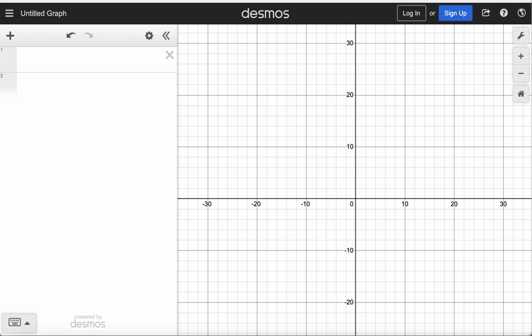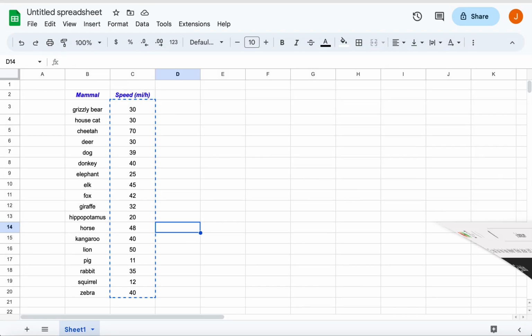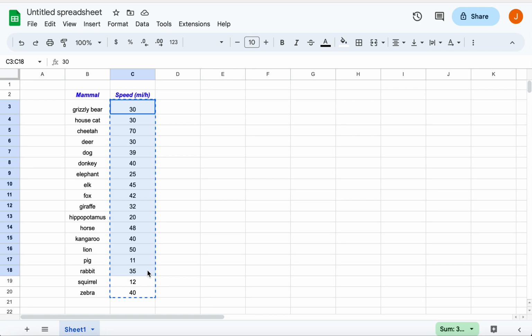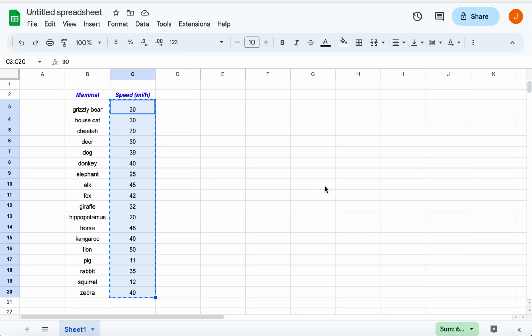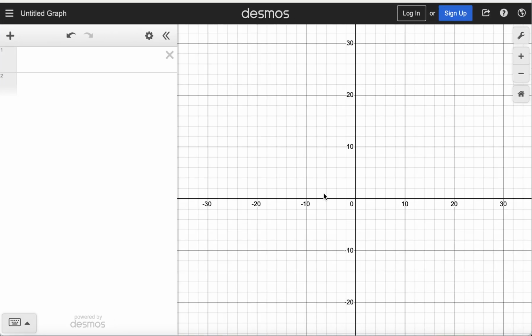And so let's go ahead and let me close this for a second. So here's how you work on Desmos. First thing you have to do is you take the data you're interested in, you highlight it, okay, and then you want to copy it. So I'm going to hit Control C for copy. There's also, I think, a copy option within the Google Sheets format. So copy. So once you've copied your data, then you open up the app you're interested in,